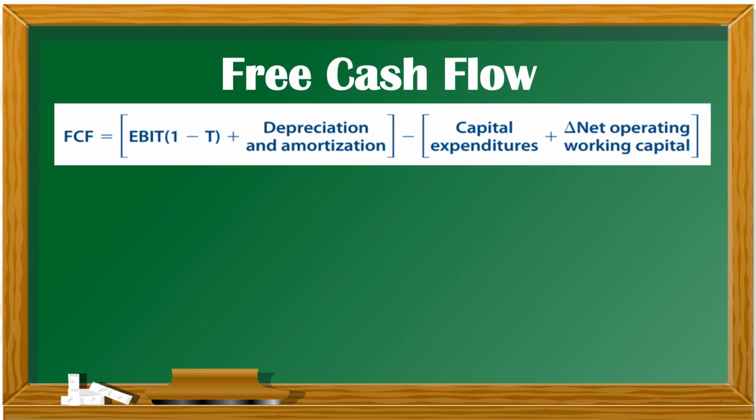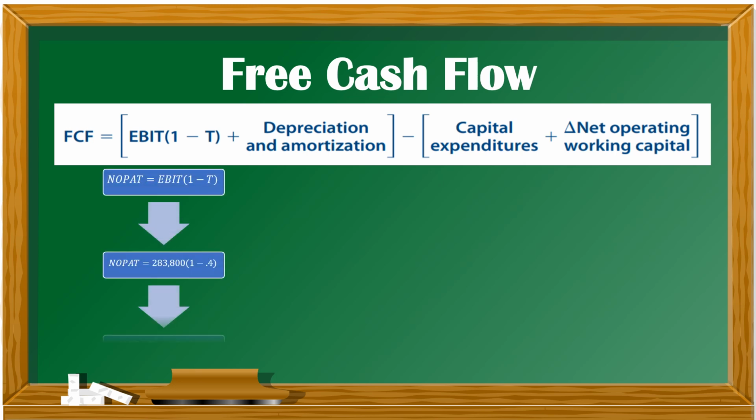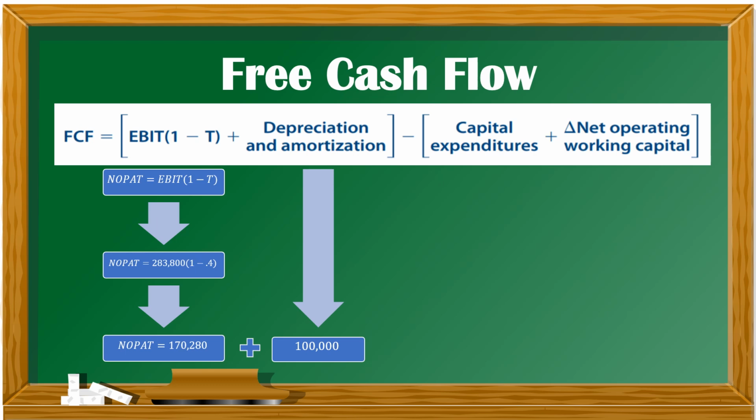So first thing is we will solve for the NOPAT, that is again EBIT multiplied by 1 minus the tax rate. So NOPAT is equal to 283,800, that is the EBIT, multiplied by 1 minus the tax rate of 0.4 or 40%. So we have here a NOPAT of 170,280. Add up the depreciation and amortization of 100,000 minus the capital expenditures of 230,000, then add the net working capital, which is